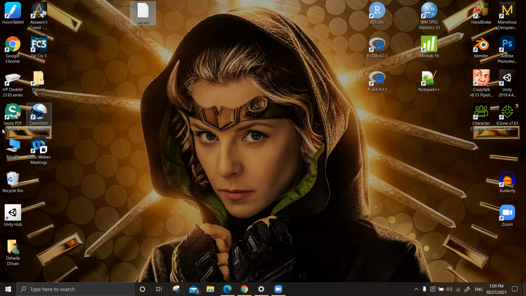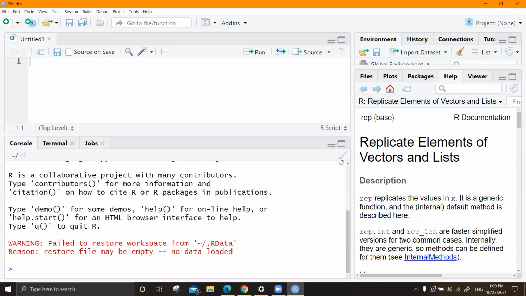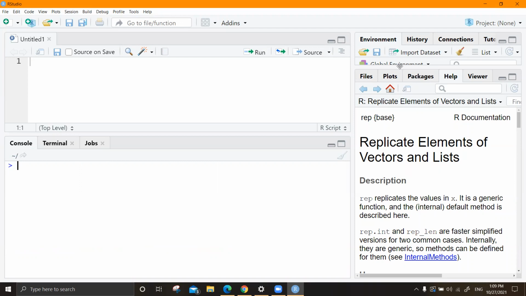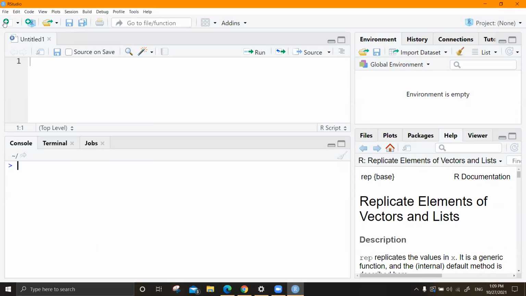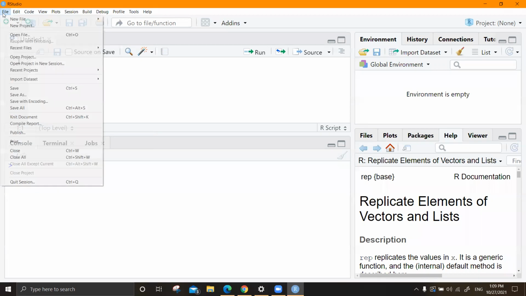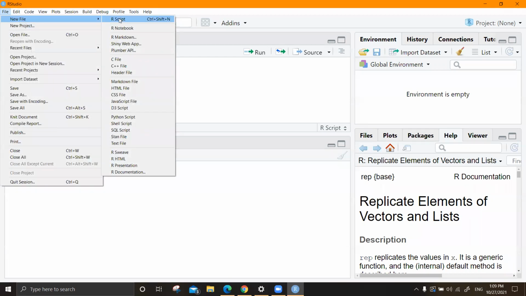For the moment, I told you all to save it on the desktop because then that code line is common to everyone. That's why. So as usual, we open up RStudio and clear all these. This is anyway empty. So I open up a new R script. If your R script file is not open, you know how to get it. You can get it from here, or you can go to File, New File, R script.